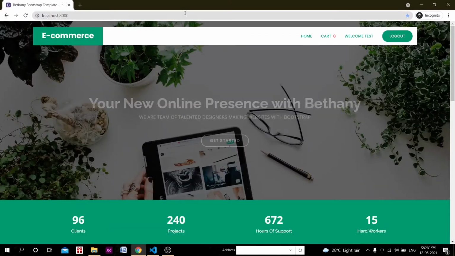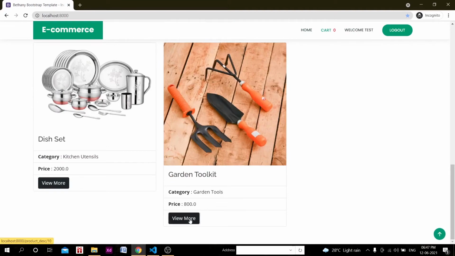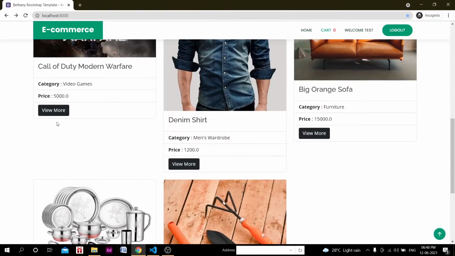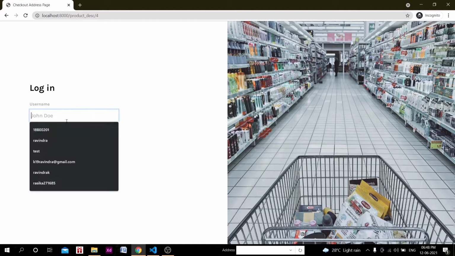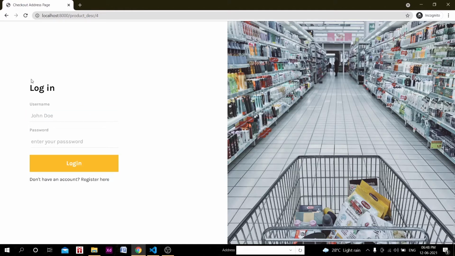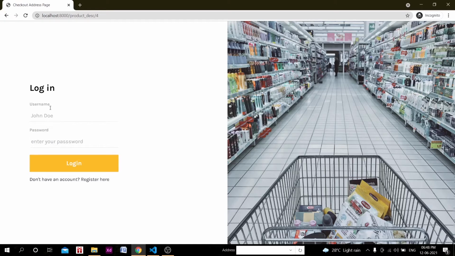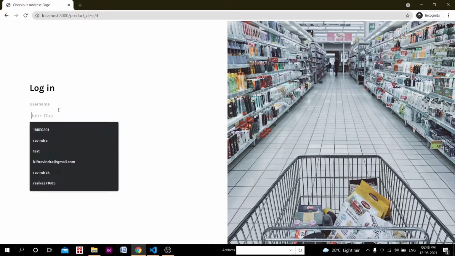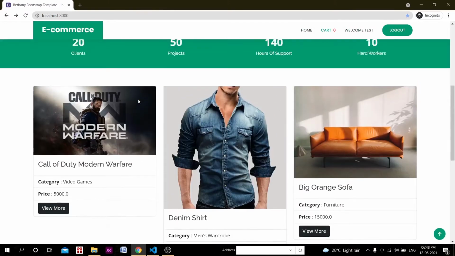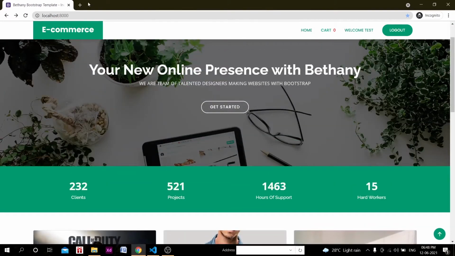Yeah, it will definitely give you an error. Okay, cart is 0. Let's try to add some. Okay, so this is also the float. When we click on view more, it is redirecting. Remember, we have accidentally stored the login page instead of the product description page, right? So that's why instead of the product description page, we see the login page here. We need to change this also. We will fix this in a couple of seconds, but let us complete the invoice generation process, right?